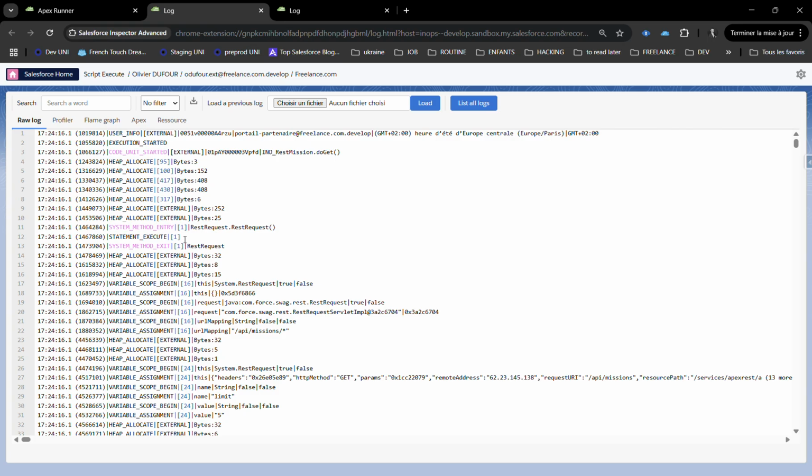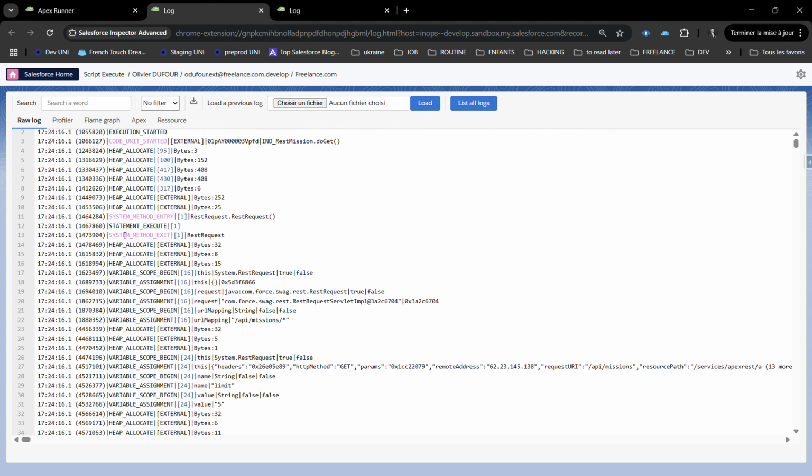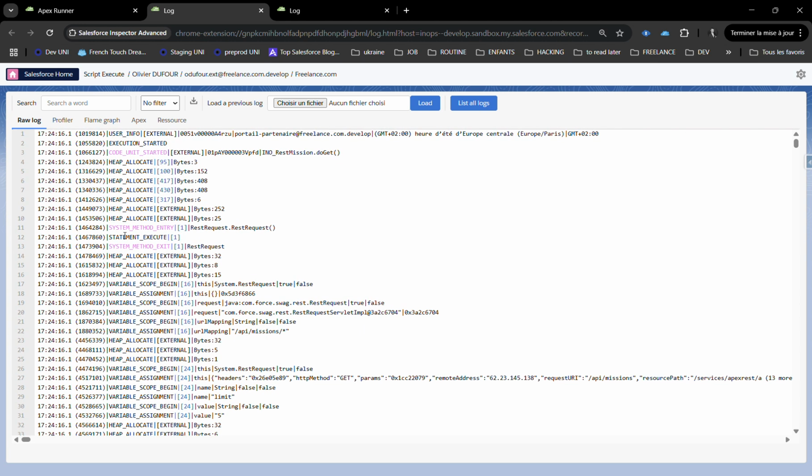And when you display the logs here, as you see, there are some keywords which are displayed with some color, so they're highlighted. It's really useful in order to find the most common things you analyze. For example, it will show you the method: when you enter a method, when you get out of a method, or SOSL, SOQL, callout, and so on, or